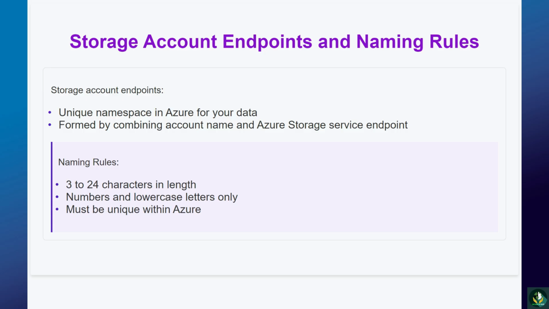Let's delve into the concept of storage account endpoints and the important naming rules you need to follow. The endpoint of your storage account is essentially its address in the Azure cloud. It's how your applications and services locate and interact with your data. This endpoint is formed by combining two elements: your storage account name and the Azure Storage Service endpoint. For example, if your storage account is named My Storage Account, your blob storage endpoint might look like this: